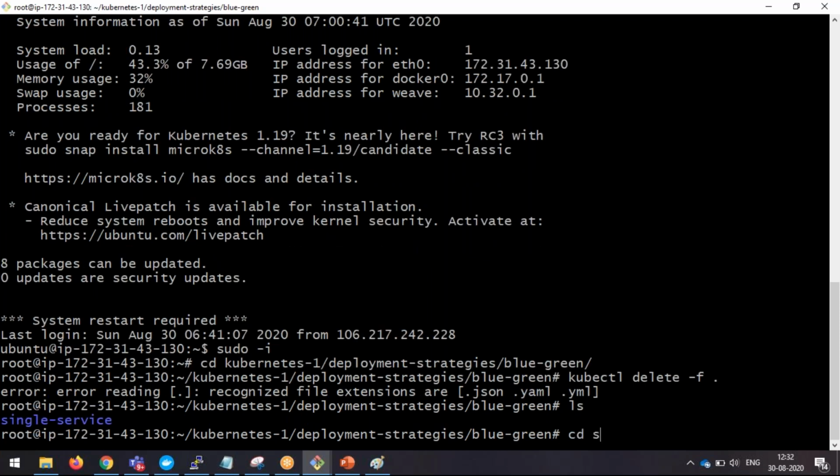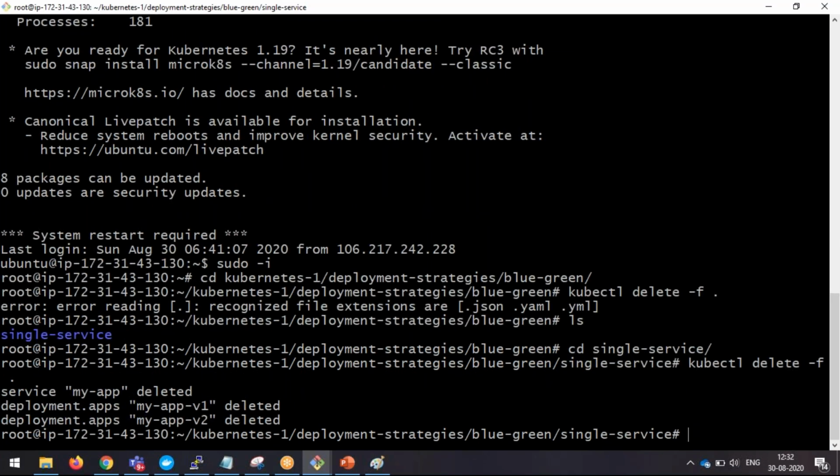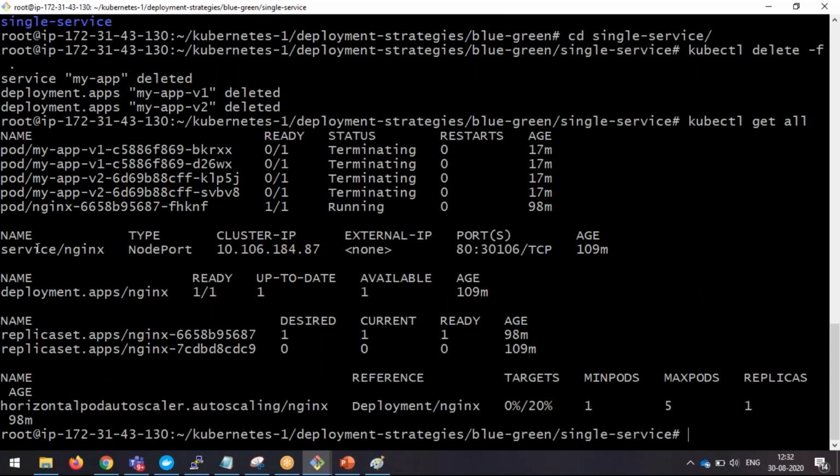Okay, single service. kubectl delete -f dot. And now kubectl get all. You can see only the nginx. We are good. So now come back